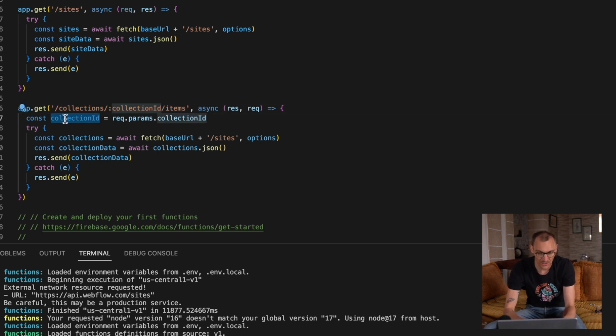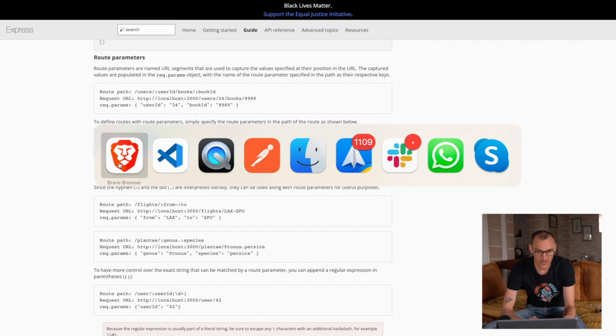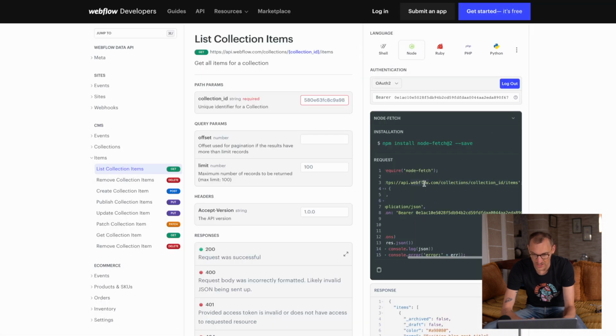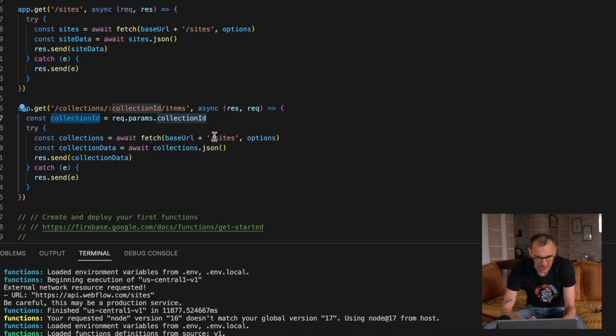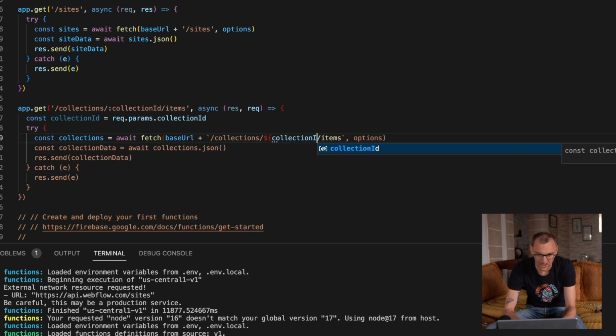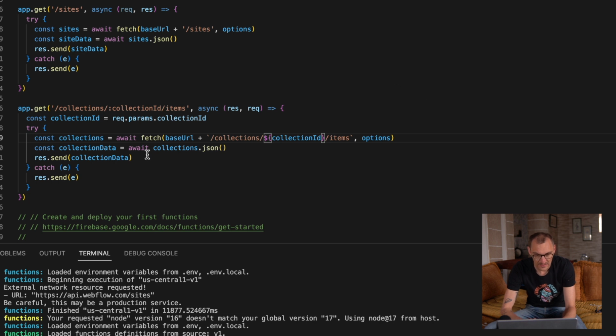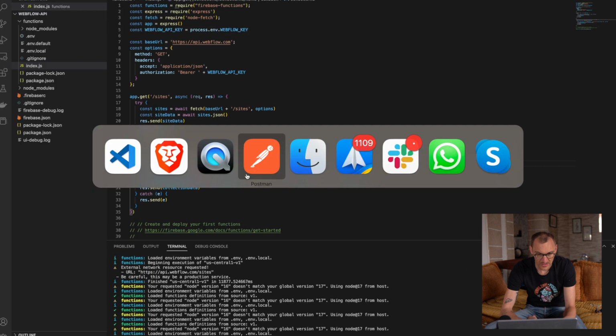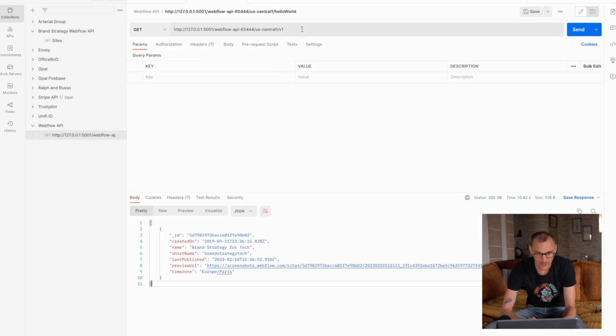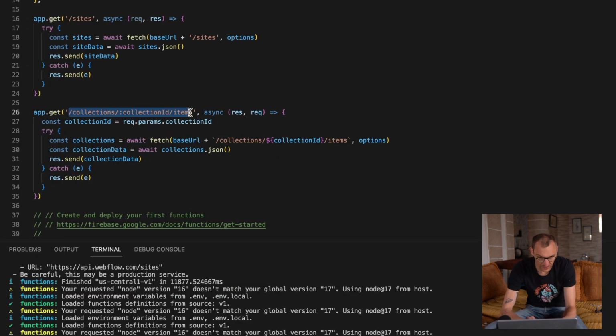So we have the collection ID, and if we go into the documentation here, we've got our base URL, and then we've got this here, which we want to stick here. Now we want to do a bit of interpolation here, and we're going to simply replace that with the collection ID that the user has sent into our route. So now we have a new route, and if we go back into Postman and fire up this URL,